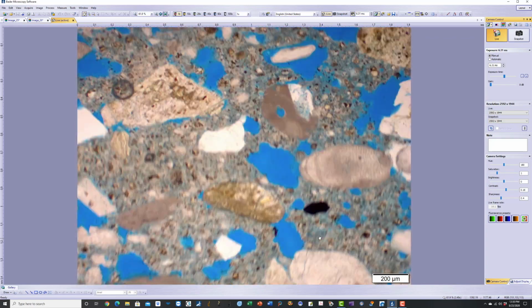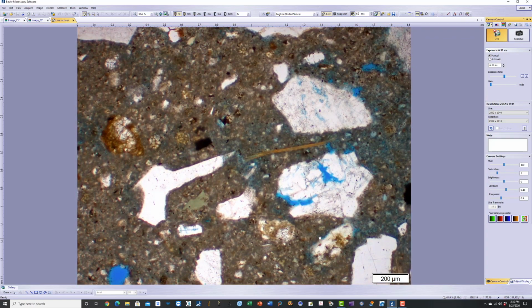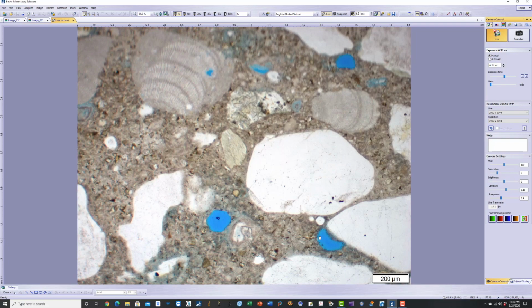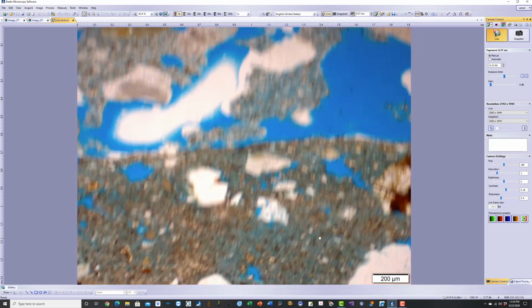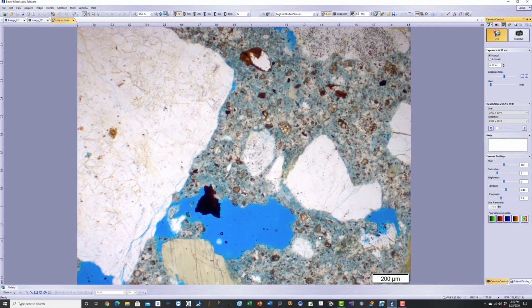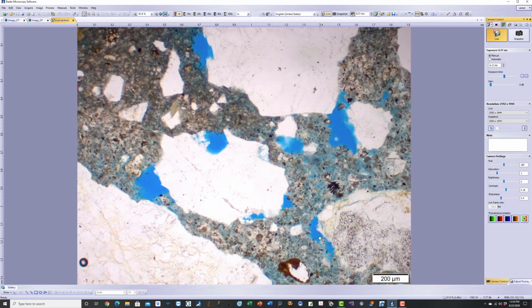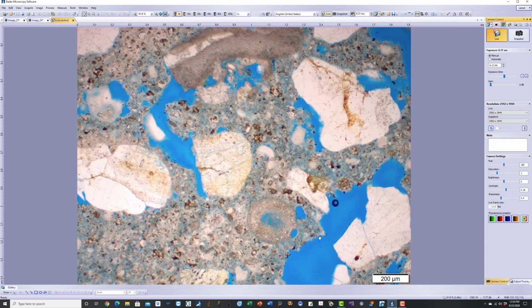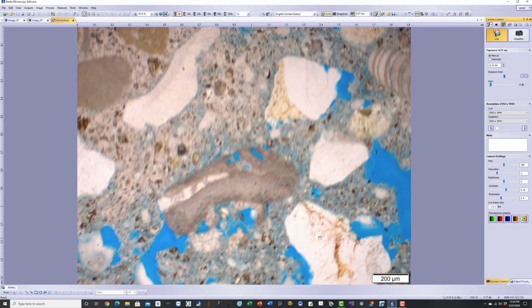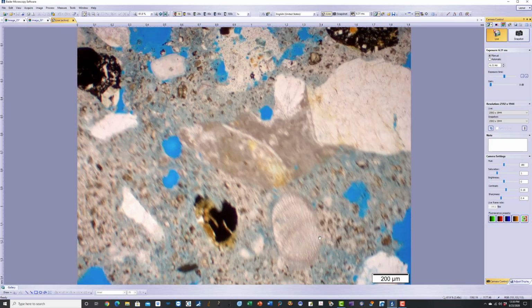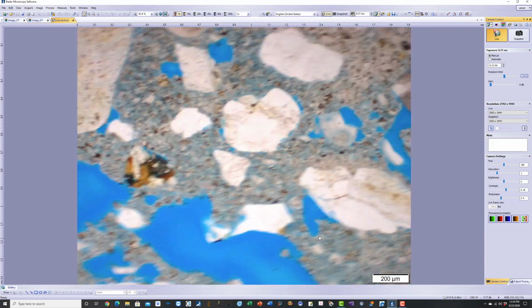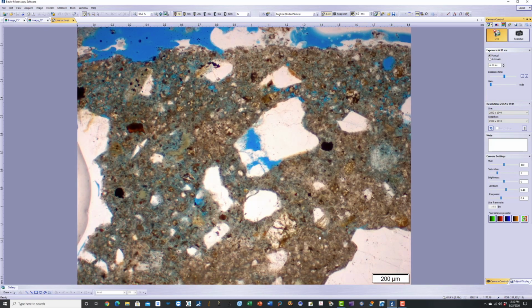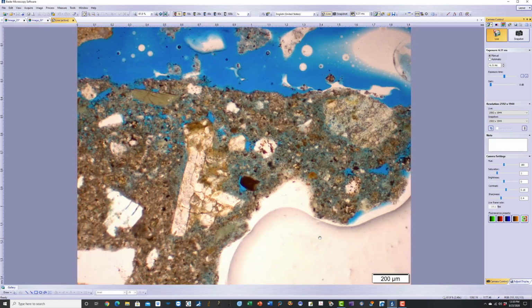I take about 10-15 images like that to cover the entire protective coating in one area, and then in another area I take another traverse like that. Usually I take around 2 traverses from top to bottom to cover the entire protective coating system of concrete. We calculate the thickness of the layer, the composition of the layer, the condition of the layer, the interfacial bond between the layers, and the bond between the protective coating and the concrete, the carbonation of the concrete, the depth of carbonation of the concrete,